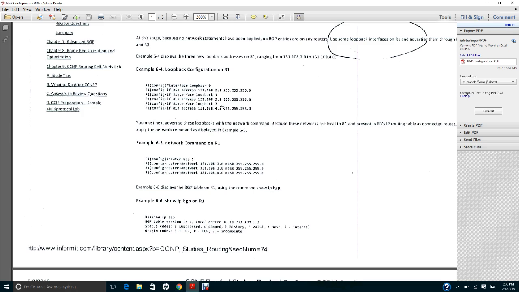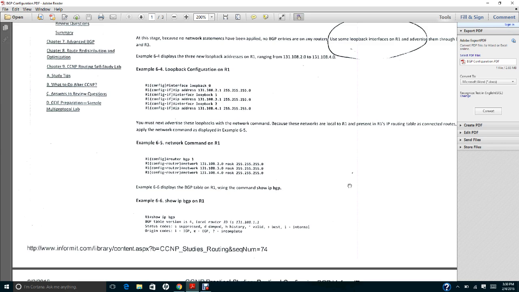Because no network statement has been applied, no BGP entry is on any router. Use some loopback interfaces on R1 and advertise them through BGP to R2 and R3. So you must next advertise these loopbacks with the network command, because these networks are local to R1 and present in the R1 routing table as connected routes.